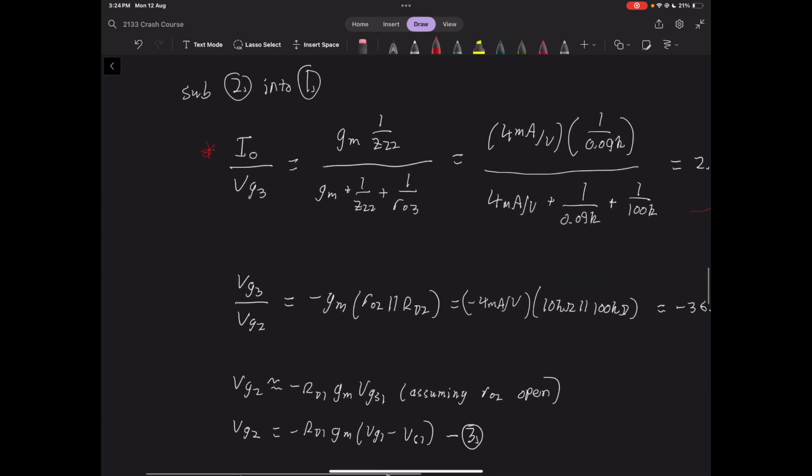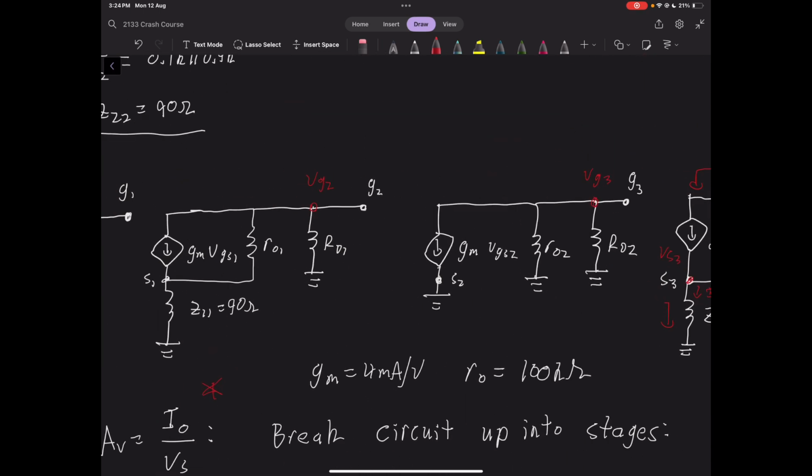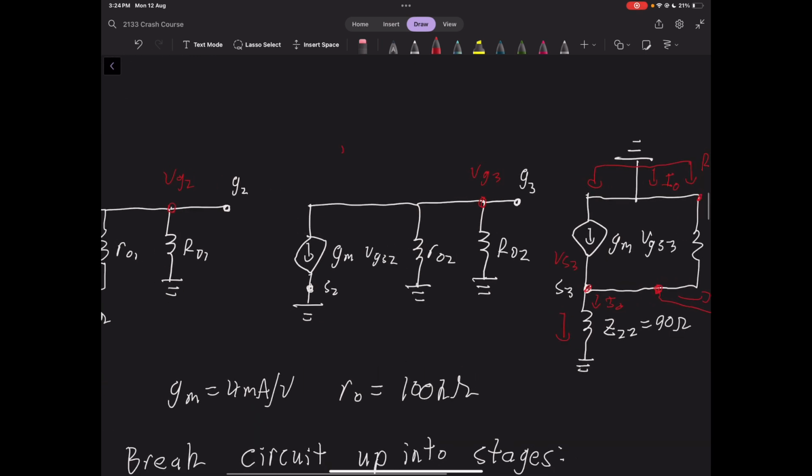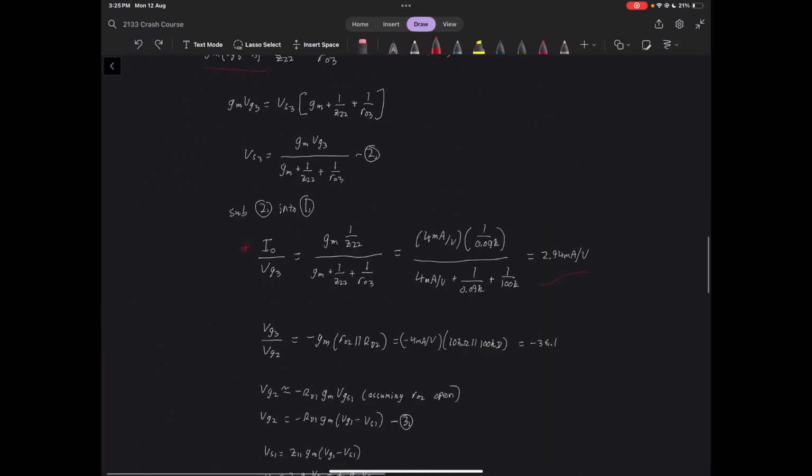Then we find VG3 in terms of VG2, which is not too hard. We know that VS2 equals 0 volts, because this is VS2 and it's connected to ground. That means the dependent source there is gm VG2, because VS2 is 0. Then we can take these 2 resistors in parallel, and this just becomes the one loop. And we know that the voltage drop VG3 across these resistors would equal the current through them in parallel times the resistance of them in parallel, which is how we get